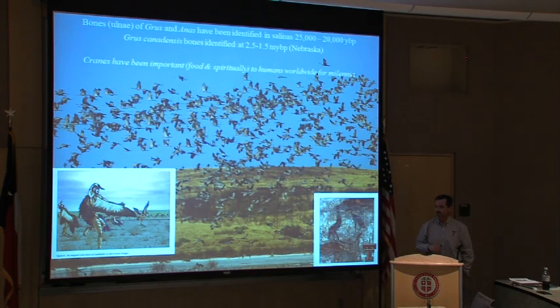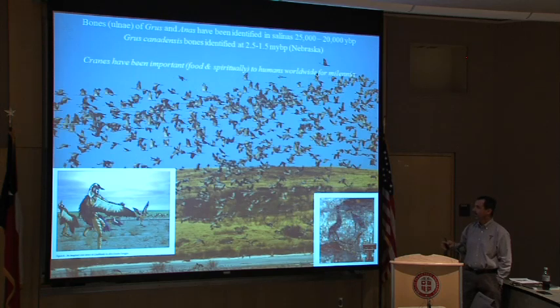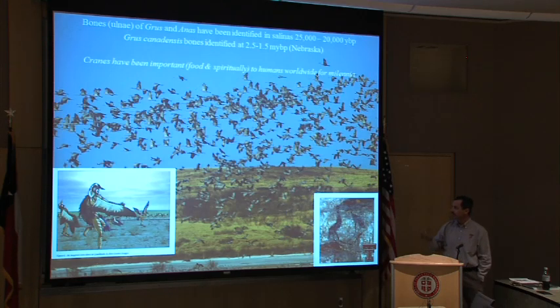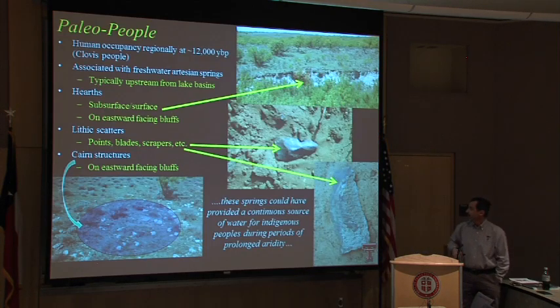One of the things that's of interest in more modern times is the use of these saline lakes by sandhill cranes specifically. There's evidence of sandhill cranes on these lakes here in Texas about 20 to 25,000 years ago. In some other areas in Nebraska, different systems, but we know cranes are a very, very old bird. And these lakes provide critically important, hemispherically important winter roost habitats for sandhill cranes regionally. This picture was from 2008, when this particular lake had anywhere between 30 and 40,000 cranes on it alone. So very, very important.